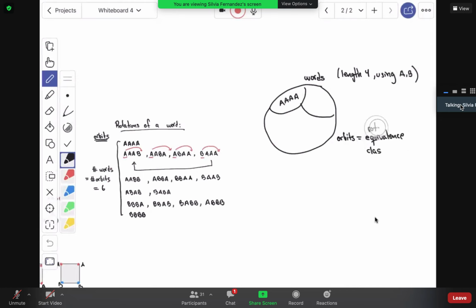Rotation equivalence classes. So if there is a rotation that takes one word into another, then they're considered the same. So I'm going to have the AAAA by itself, the BBBB by itself, and then I have the BABA and ABAB as another one. And then I have these other two that have